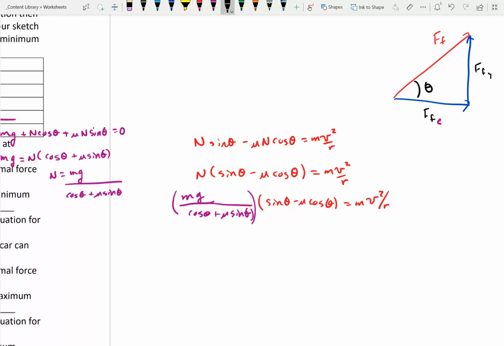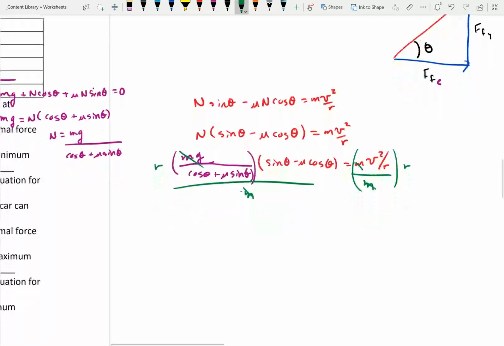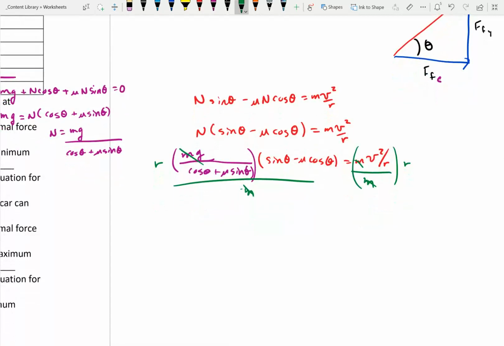The beauty of m: m cancels. Divide this by n, those cancel. I still have to multiply everything by r. And now I have an equation, switching sides,